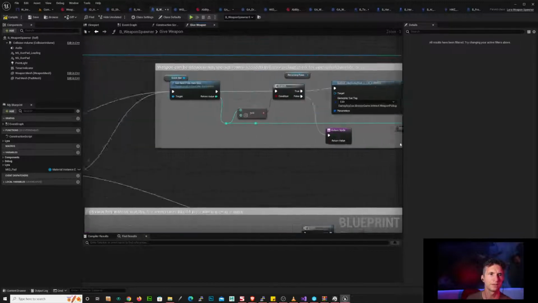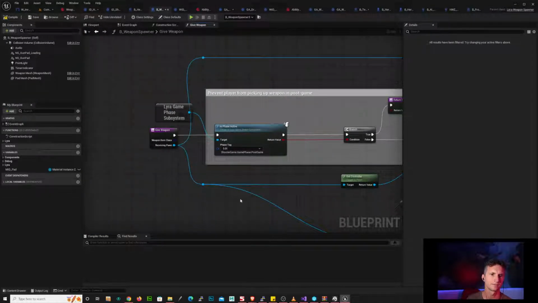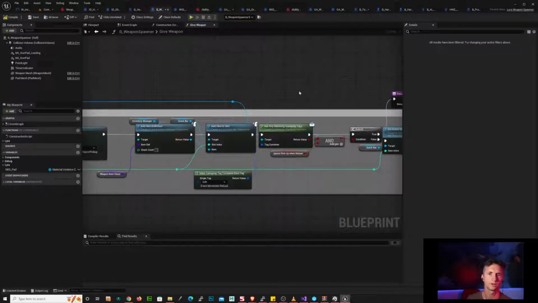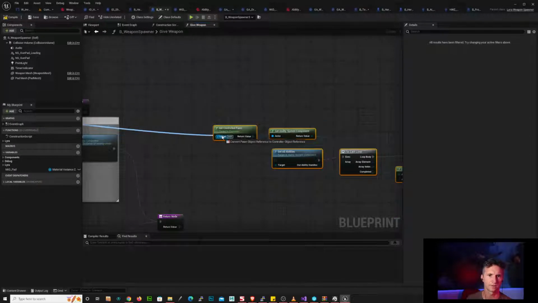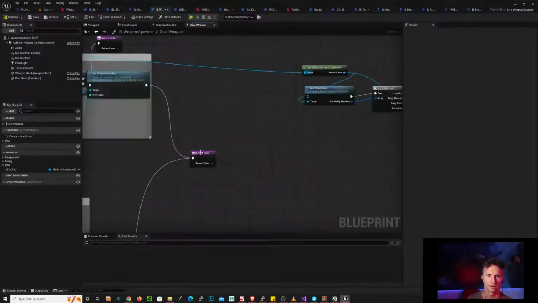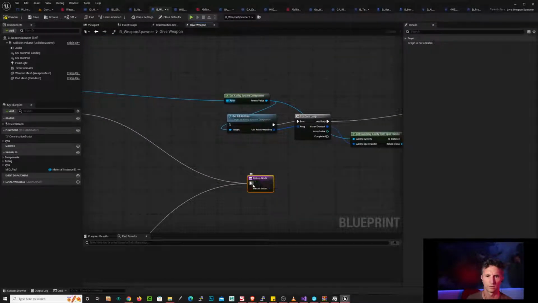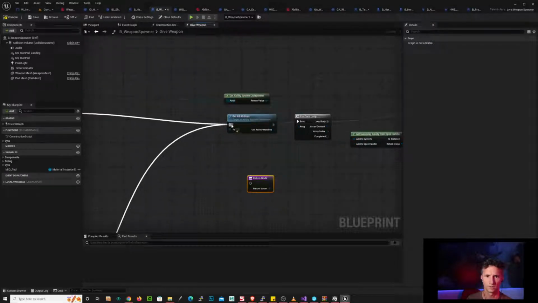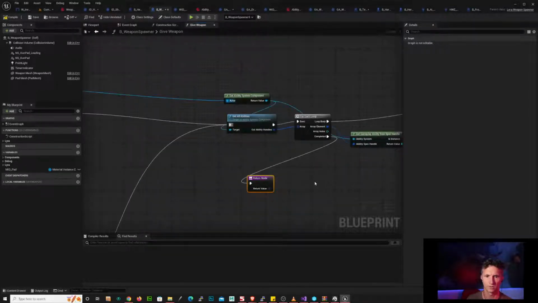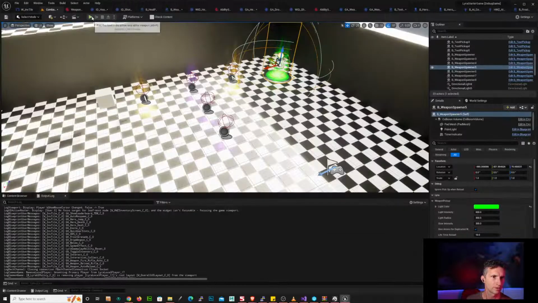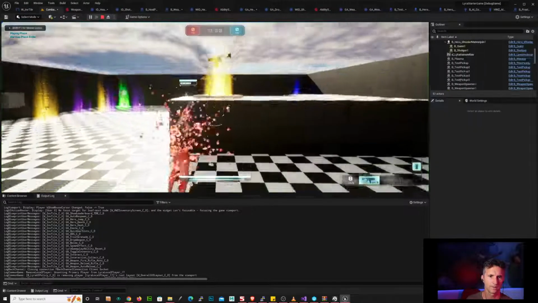To do that, we need to get the receiving pawn, which is this big blue line. And we should be able to connect this to the ability system component. And then what we'll do is, no matter what we do, we're going to go through all of our abilities, print them out, and this time we're going to print them out for longer, let's say 10 seconds. Okay, so when I walk over this health pack, after it gives the weapon,